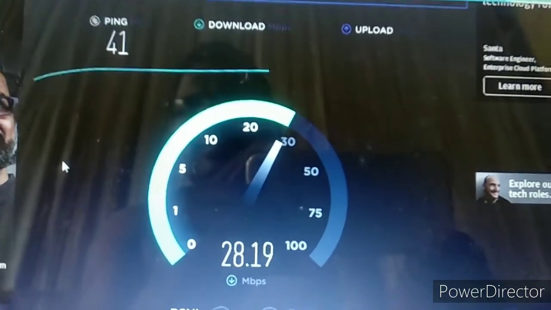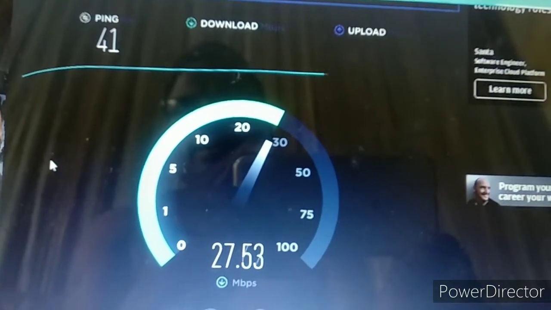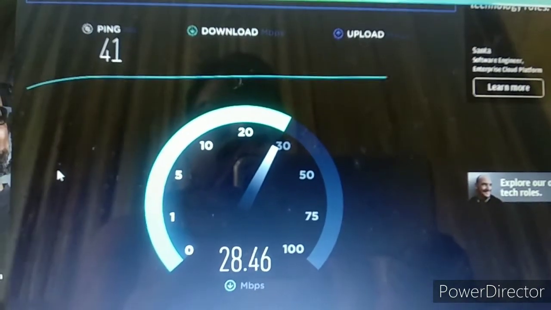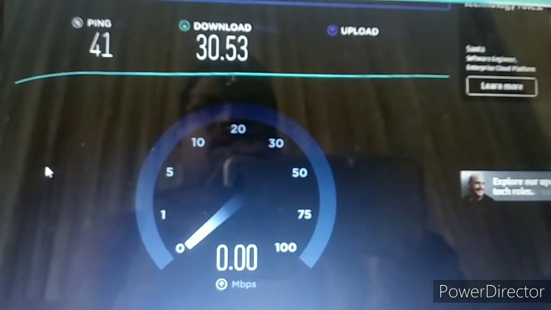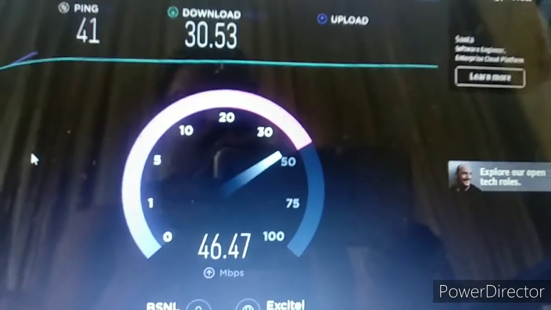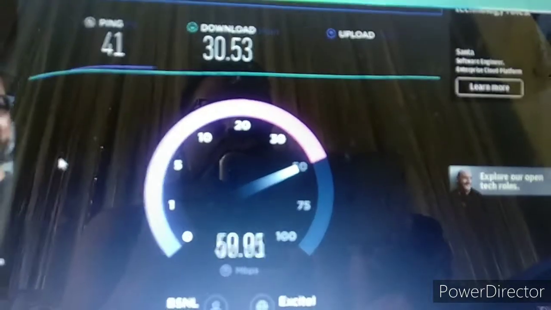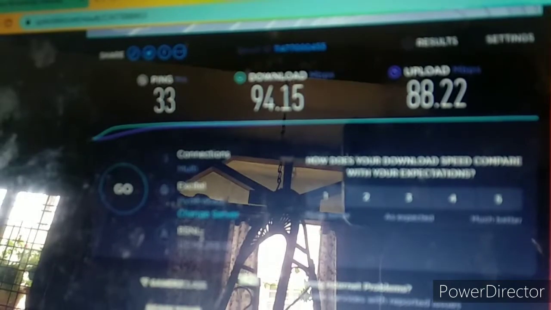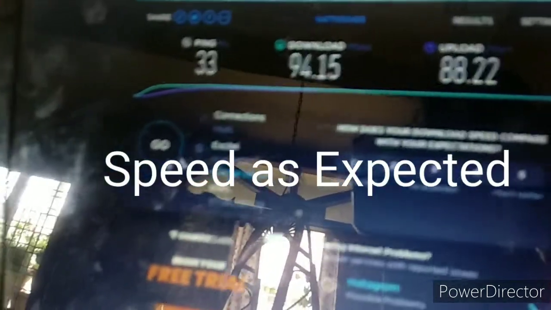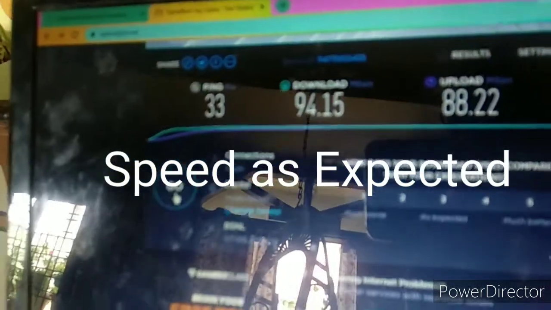Maximum it is 30 Mbps that is coming. We'll see again.